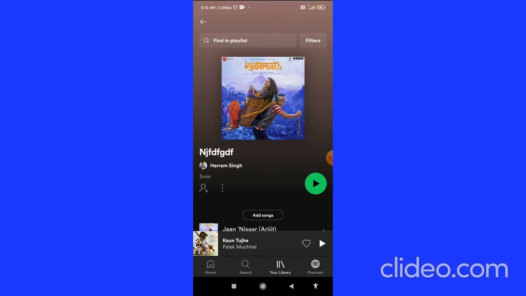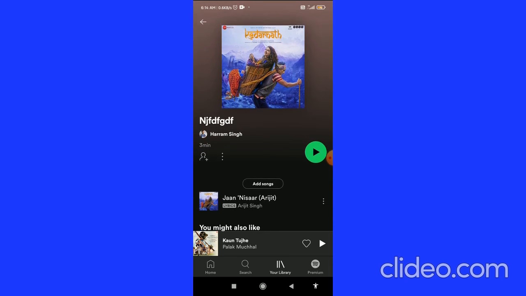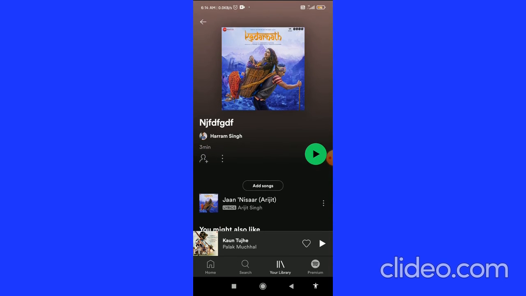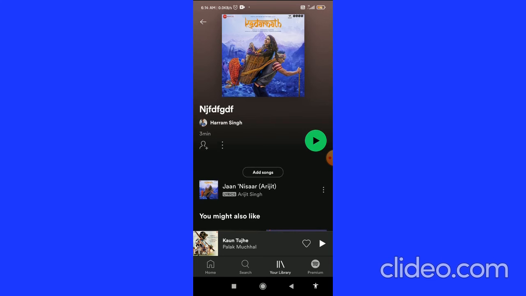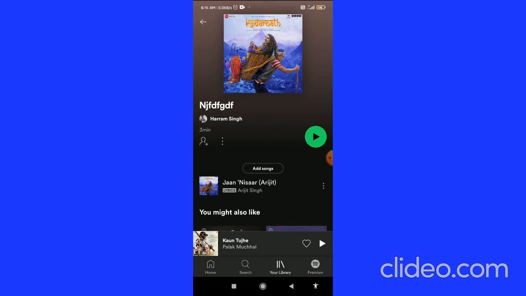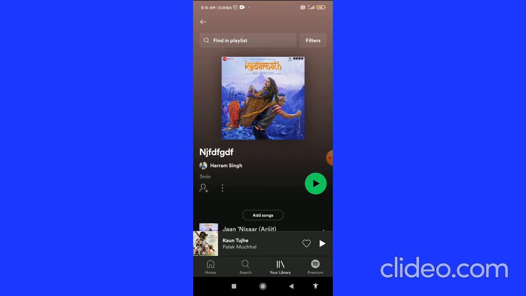If you are on the free version, then Spotify will start adding songs automatically to your playlist. So you have to add at least 15 songs to solve this issue. When you add 15 songs, Spotify stops this, and now you can enjoy the music.